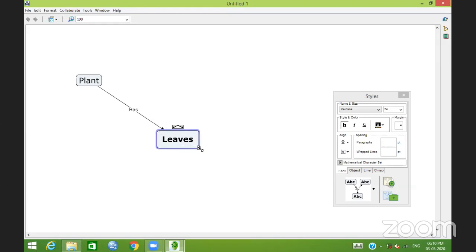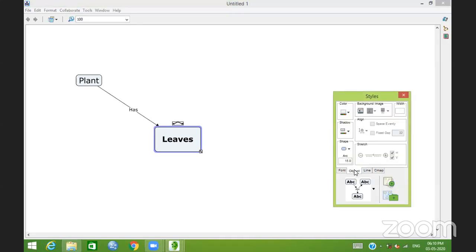So you can resize it, and then you can also go to the object tab, and you will have different color options that you can use to color the boxes,